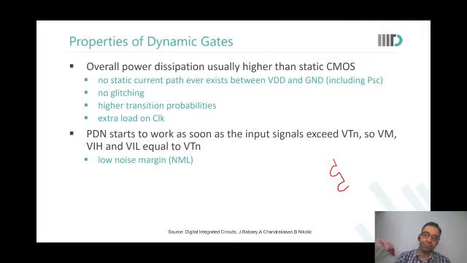Sir, can we keep the clock NMOS first and then the PDN network? What difference will it make? Because the output capacitance will be reduced, I think. Okay. No problem. You can do that. We don't usually do that because, see, as soon as clock toggles, there will be noise on the output again. So we don't want that to happen, but it's okay. You can do that. That's not usually done though.